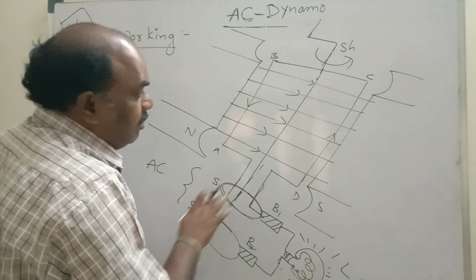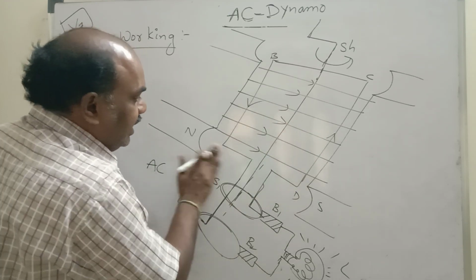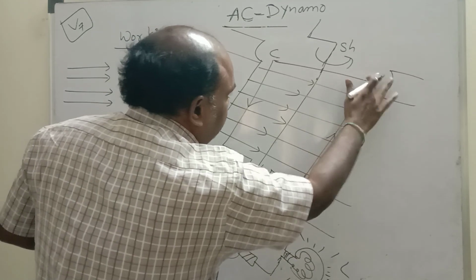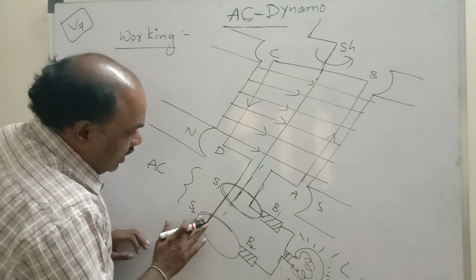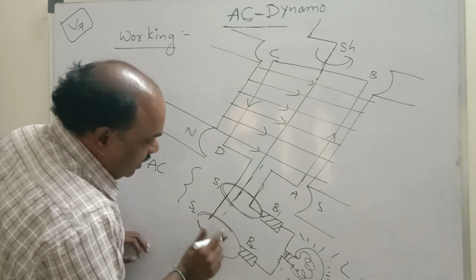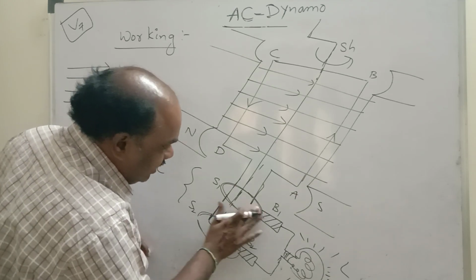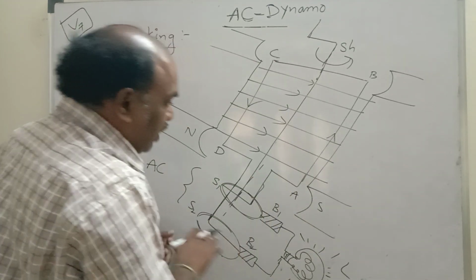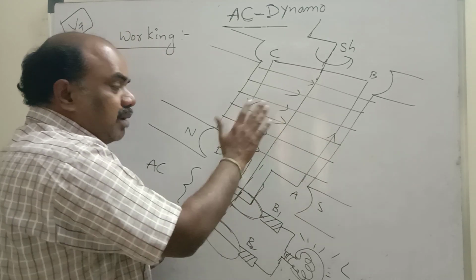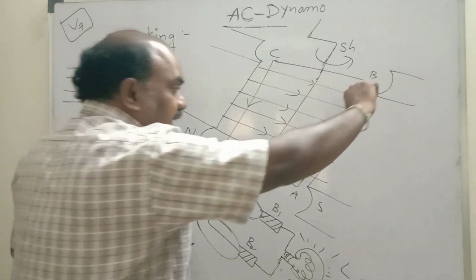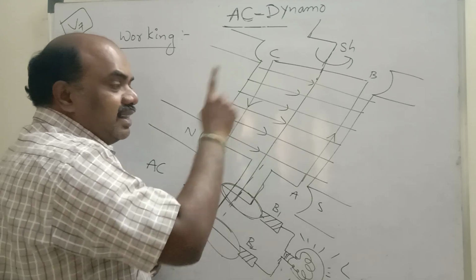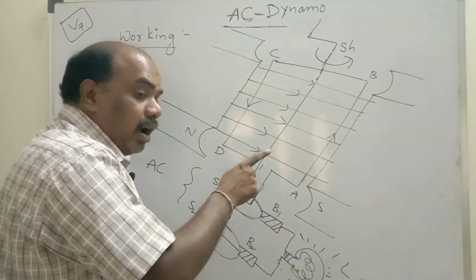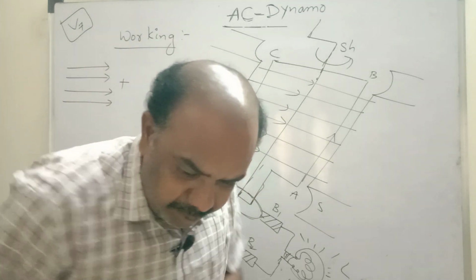Next half rotation, what will happen? Whenever it comes like this, DC comes to this side and AB comes to this side. At that time, what will happen? S2 will be in contact with this one, and this will not be in contact. Current goes. This comes to this side, and this armature comes to this side, so the armature current leaves here and current enters here. Like this, continuously the armature rotates and the current direction also alters. Imagine one simple thing here.